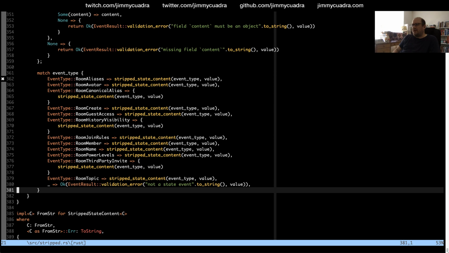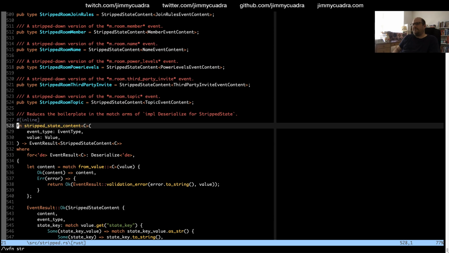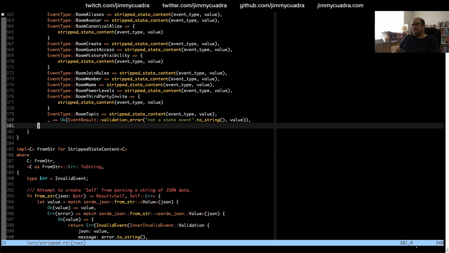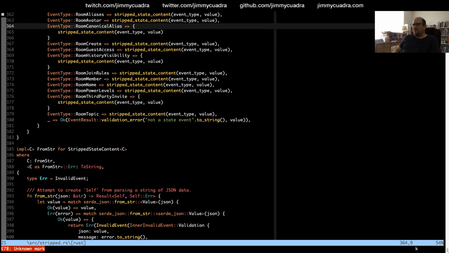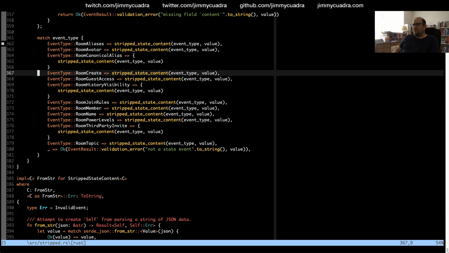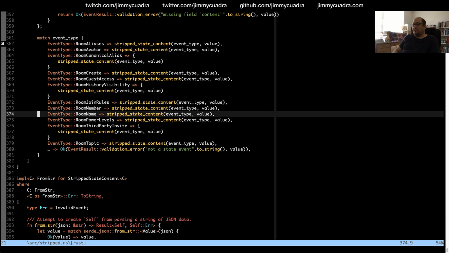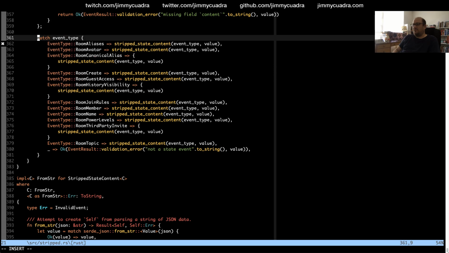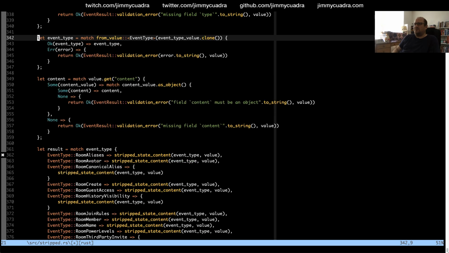Event type and value. So this can't be returned directly. Did I already have something called event result here? No.